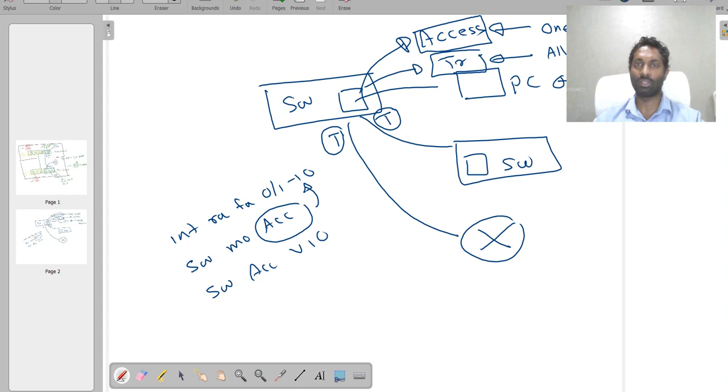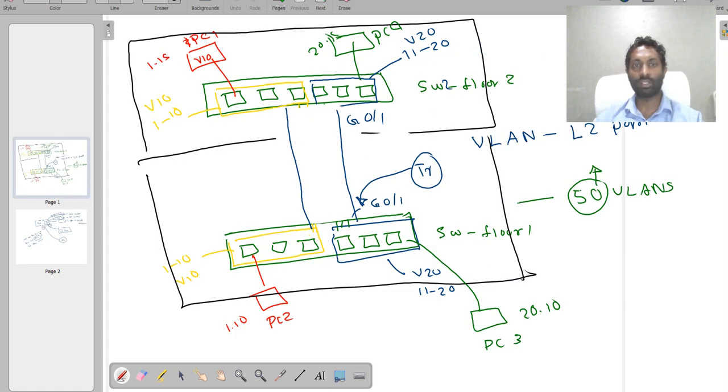That's a consideration. So the difference between access and trunk: an access port is assigned to a specific VLAN, a single port can be assigned to only one VLAN. But when we configure a port as trunk, the capability is that it allows us to send VLAN 10 traffic within the cable, and not only that, VLAN 20 traffic too, VLAN 20 and VLAN 10. All the traffic can go to the next switch with the trunk link. That's the advantage of the